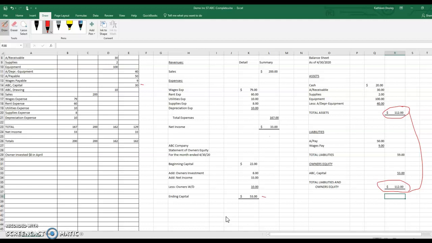Now, another common error is that they forget to subtract the accumulated depreciation. They stick it in the wrong place, or they forget to subtract it. It is a contra asset, has an opposite balance of the rest of those assets, and therefore needs to be subtracted. Now, I do take off